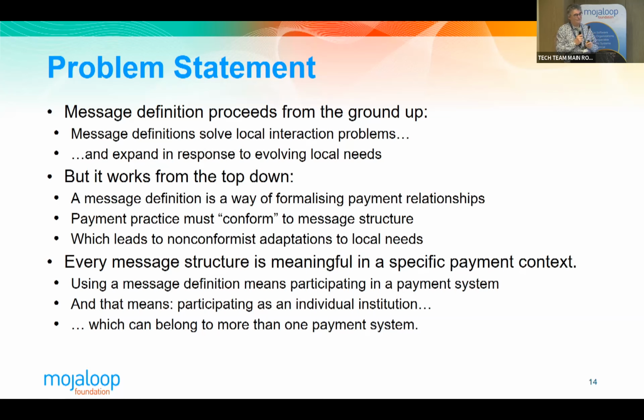We heard about it when the FRMS people, the Actio people, were talking and saying that they thought the two systems they were dealing with were using the same message. Actually, it turns out that although they were using something that looked like the same message, they were using the fields for different things. So every message structure is meaningful in a specific payment context, which may not immediately be obvious from that structure. And that means that an individual institution typically will need to belong to more than one payment system. Now, that is a problem,